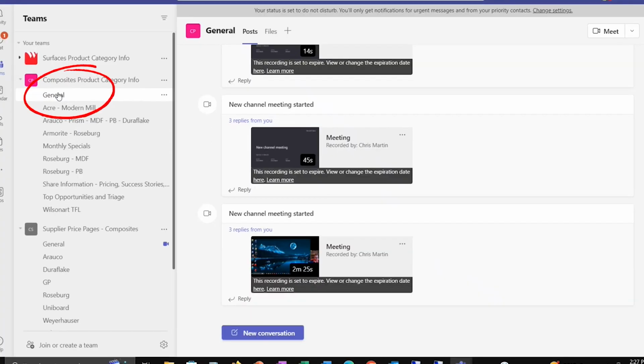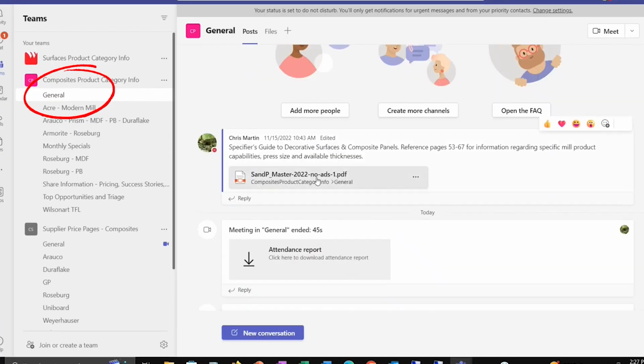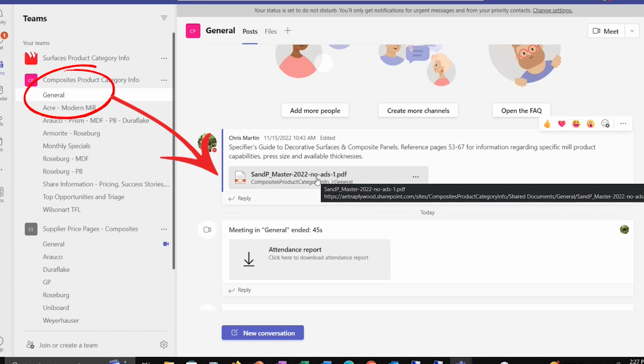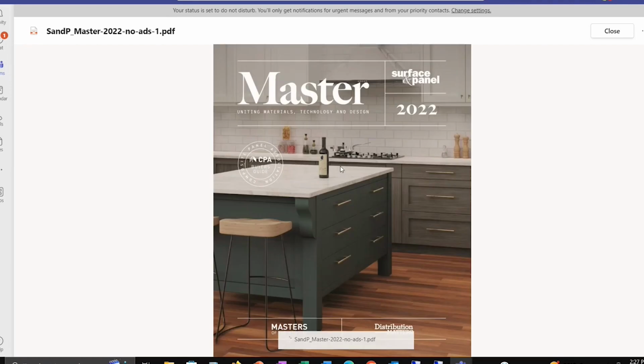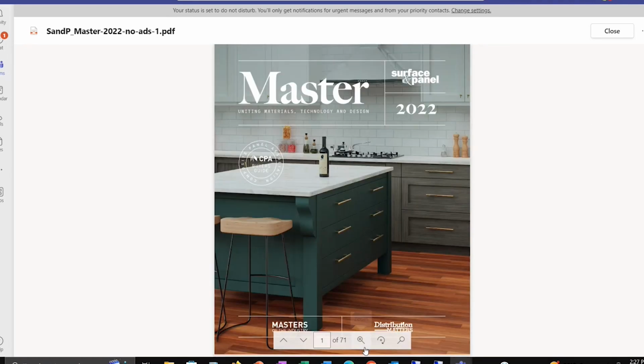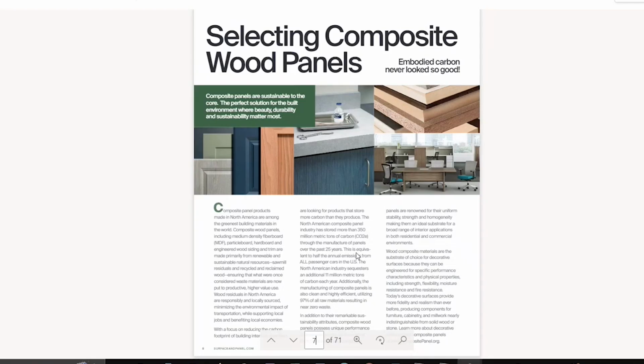The general tab here also has a good document in it that talks about the overall view of composite products, with highlights in MDF, particle board, and TFL for us, but there's also a lot of good other information in there. I'm going to open this up right now so that you guys can see it. This is from the Surface and Panel magazine. If you start off on page 7, this will be the beginning of the overview that I was talking about